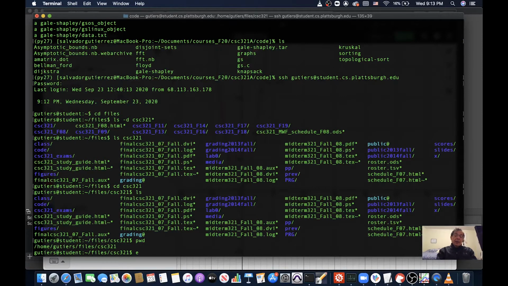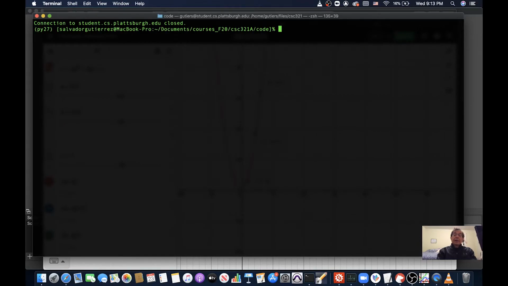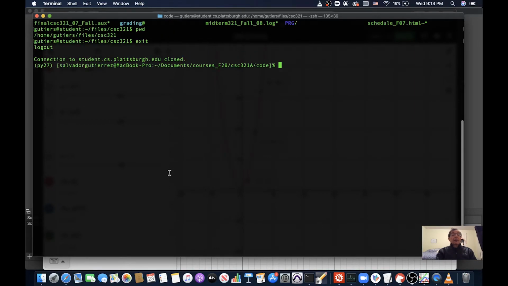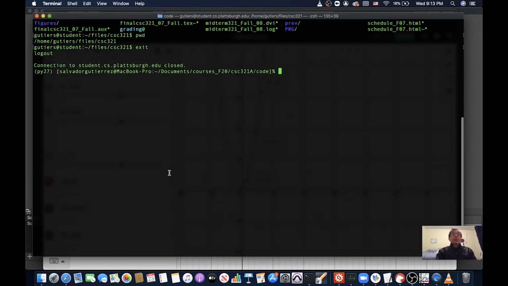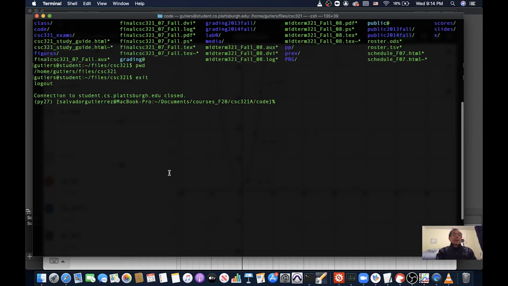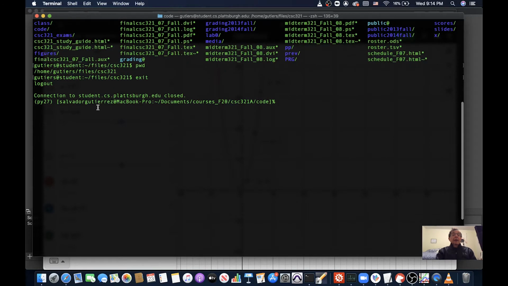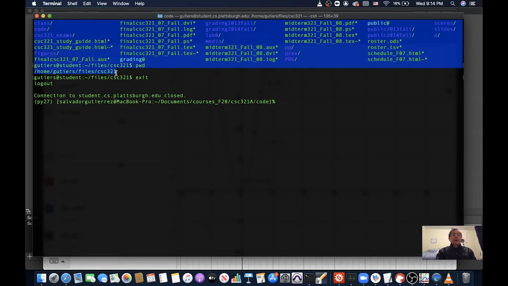So it's time to exit the computer science server, and back now in my computer right here. But I already know where I want to send this file to. That was the purpose of the exploration I did before, and it is in this particular directory,